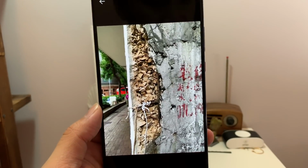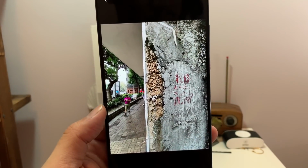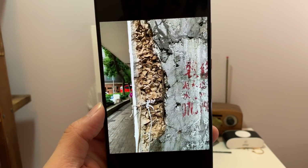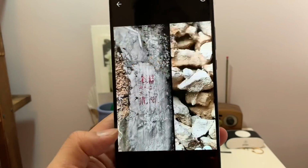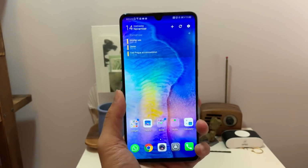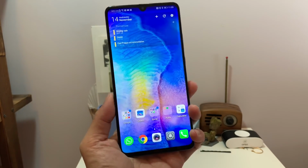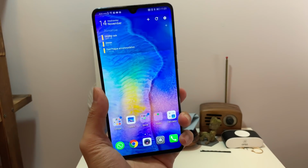So right here, I'm gonna stand still and just use the different lenses to capture different images. So you have wide angle lens here. This is 5x zoom, 3x zoom, and standard lens. So you see I'm able to get so many different focal lengths from just standing still. It's a very versatile camera system and definitely one of the top 2 or 3 cameras out there on the market right now. So now having said all that, I actually think the Mate 20X might be a better purchase